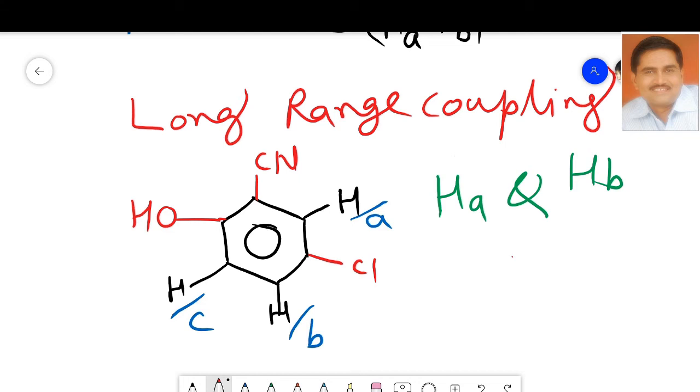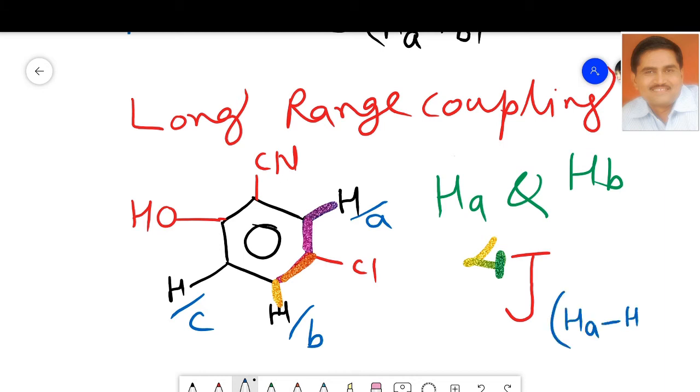Why it is called long range, we will see here. The bond distance is 1, 2, 3 and 4. That's why this is called 4J, and this is the coupling between HA and HB. Such type of coupling is called long range coupling,